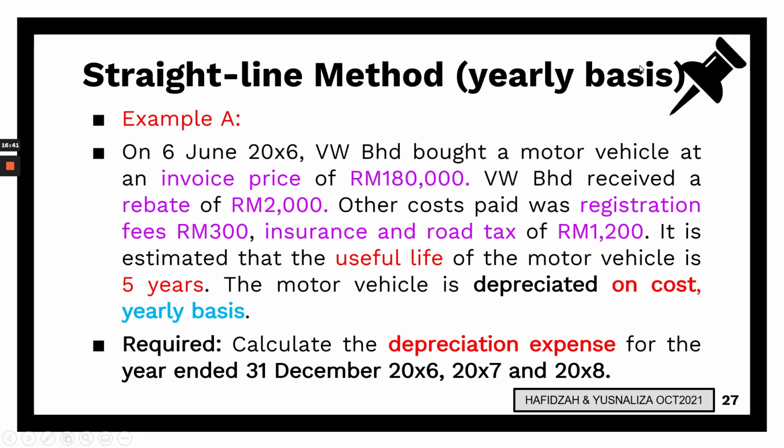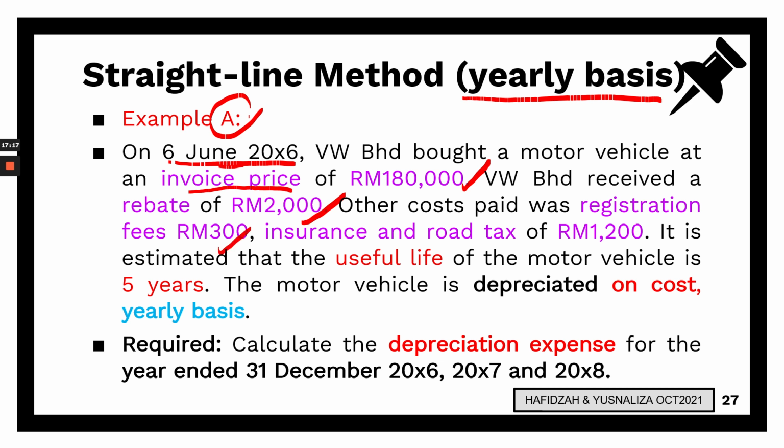We'll go on with this example A for the straight line method, and we're now starting with the yearly basis. Example A: on the 6th of June, this is the date of acquisition, the VW bought a motor vehicle. The invoice price, or the purchase price, or the lease price, or the supplier price was 180,000. And they received a rebate that needs to be deducted, and there is a registration fee of 300,